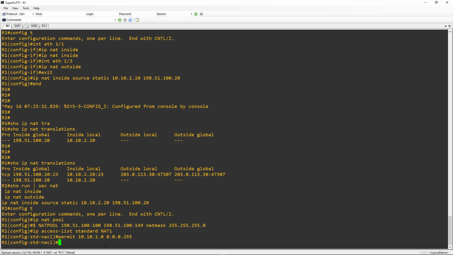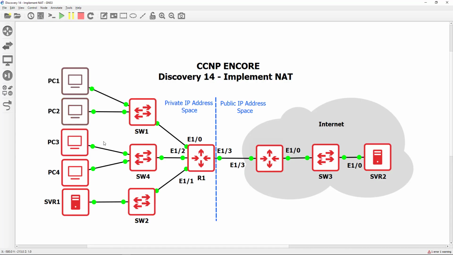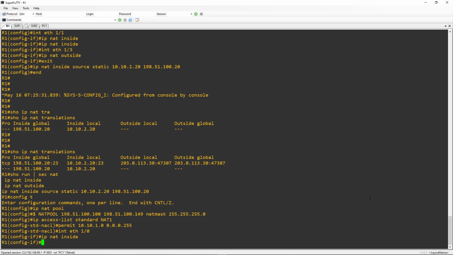So that being said, the next step is to go into our interface. In this particular case, we're talking about PC1 and PC2, so that's going to be this Ethernet 1.0 interface. And we're going to say IP NAT inside. All right. We don't actually have to apply the IP NAT outside because we already did that in our previous task, right? So if we do a show IP NAT statistics,